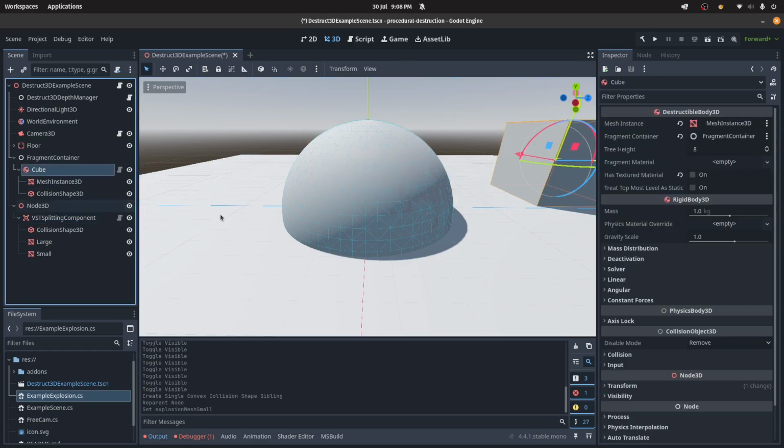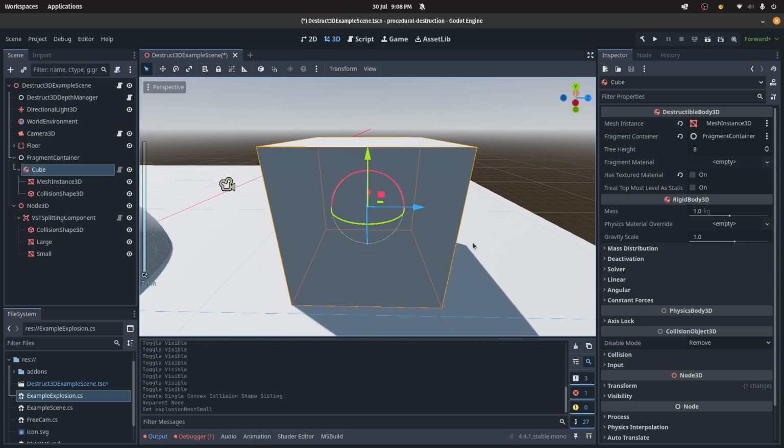So if we go back to our destructible object, I didn't talk about this tree height. Basically, on ready, the plugin is going to make a binary tree with this as the tree height of the binary tree. So if we have 8 here, which I recommend, seems to be about right for most things, we're going to have 2 to the 8 fragments possible that could be made, or combinations of any of those and their